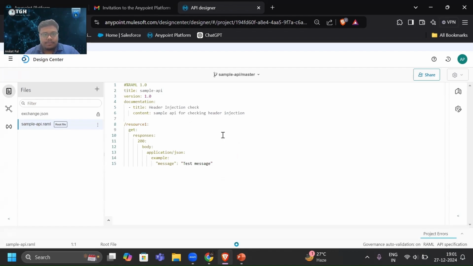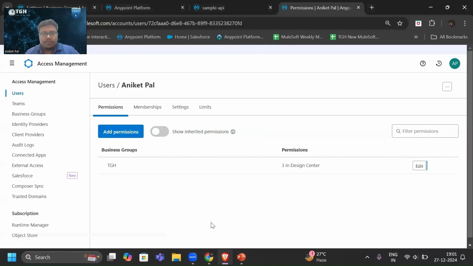This is a sample API which I've created, and this user has the access to alter the API spec. You can see. But now if I remove the access,